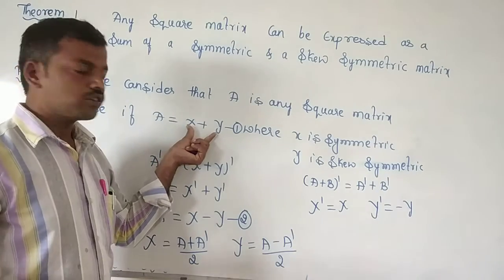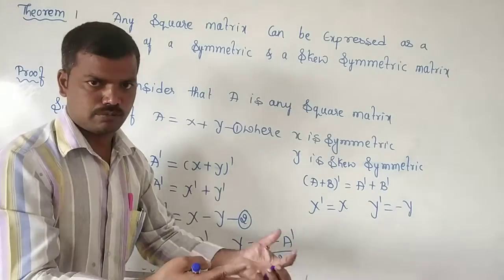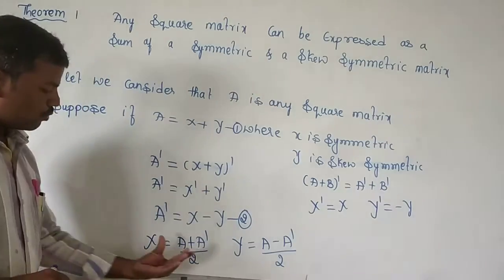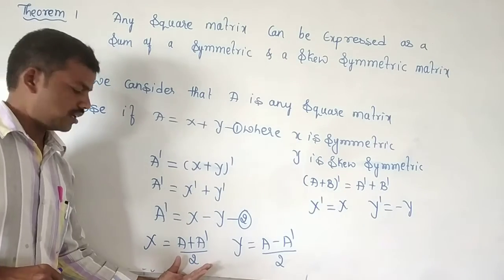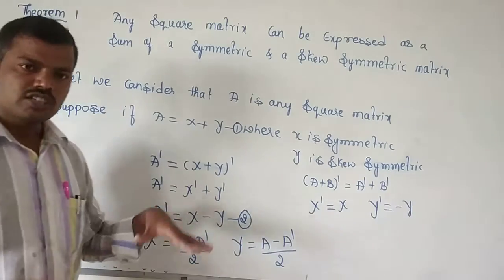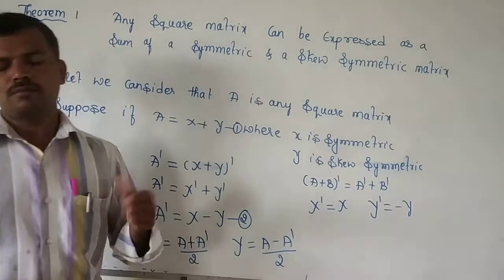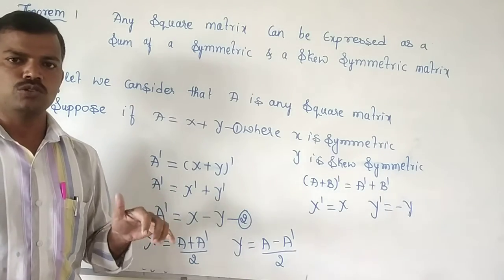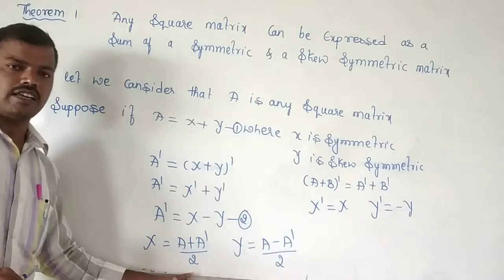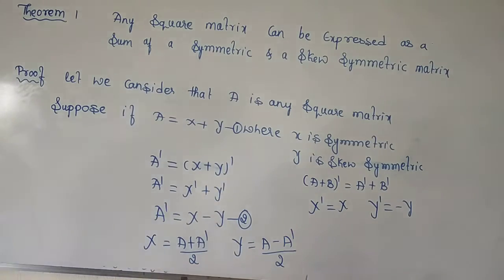So now we have to show that we have considered this as another matrix. But that other matrix turned out to be the same as this one, that is (A plus A transpose) by 2 and (A minus A transpose) by 2. So it shows the uniqueness, that is, other than these two, we cannot express it with any other matrices. So that is the uniqueness, hence the proof. So this completes the property.